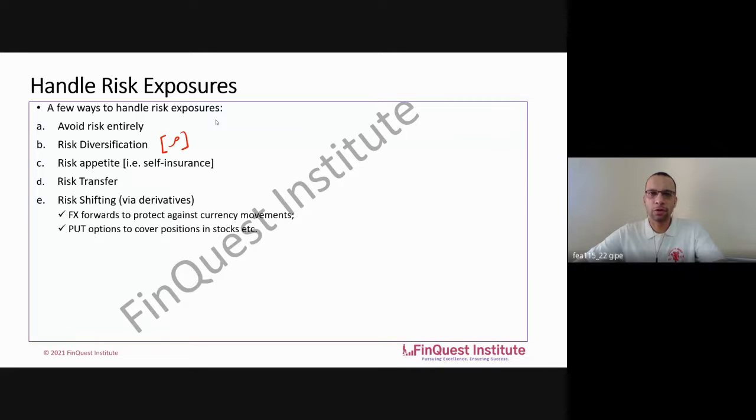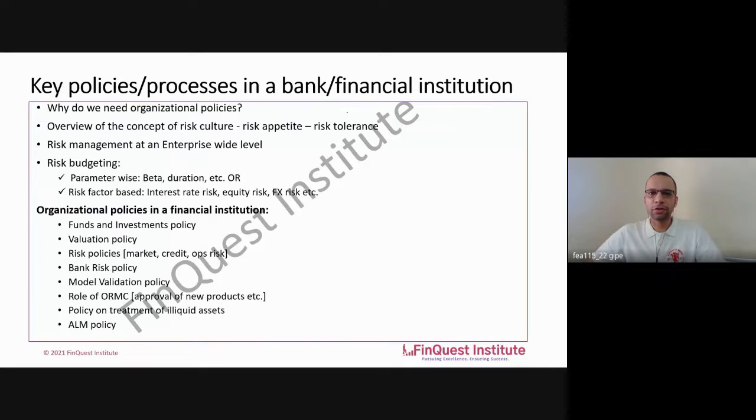When we talk of capital charge or capital risk, that is something which we'll cover in detail at that time. Then risk appetite. You can imagine something like a self-insurance. Risk appetite implies that a firm decides that this much is the amount of risk which we are fine with taking, and anything beyond this is outside our comfort zone. Something to relate this with the earlier discussion on risk tolerance or risk threshold, etc.